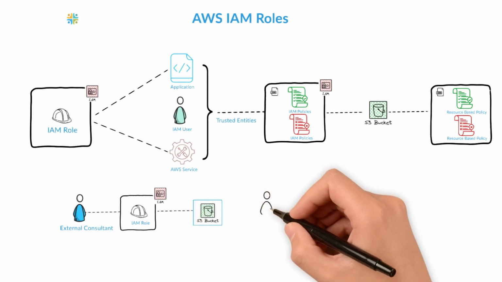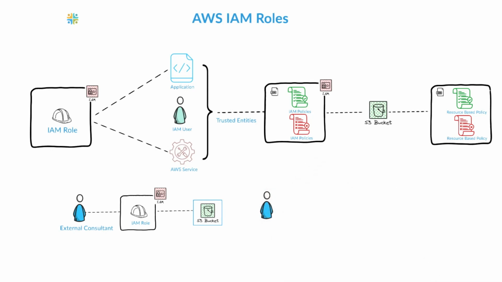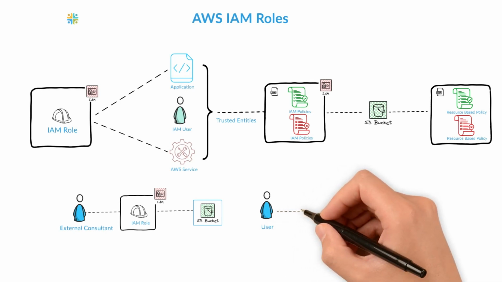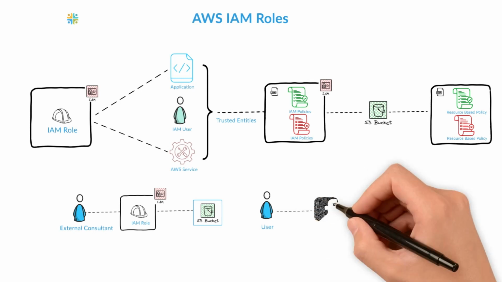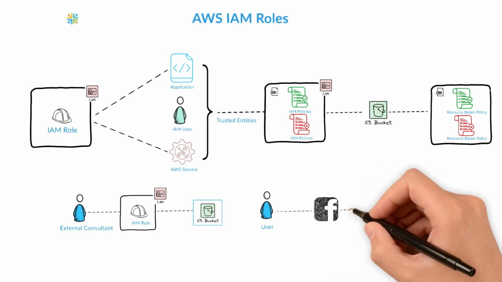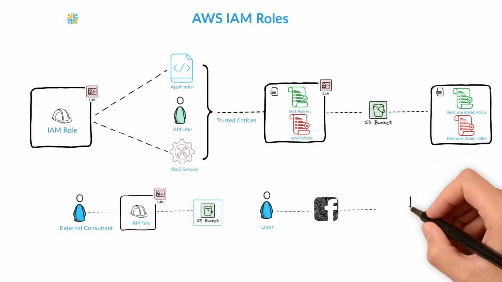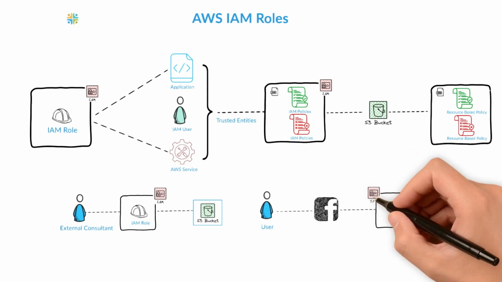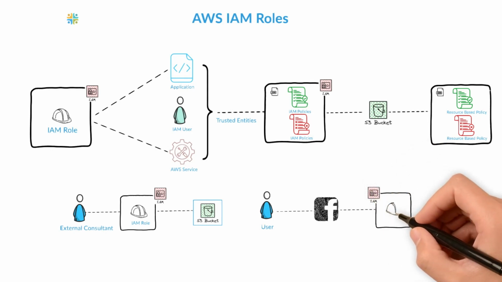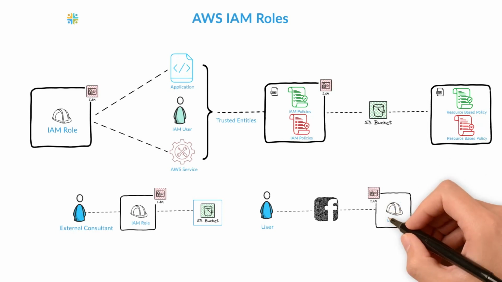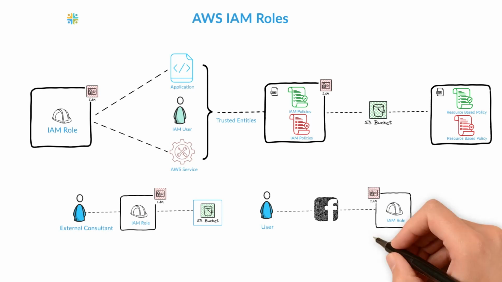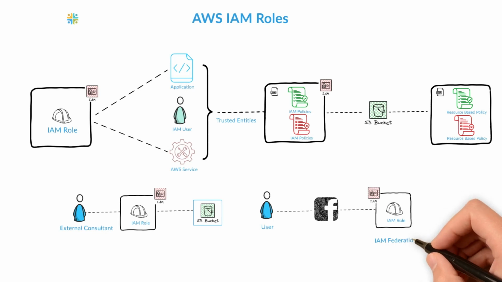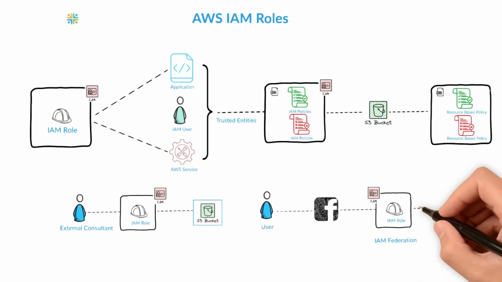Another example of this: let's say that you organize and provide permissions to your users via a third-party application, such as Facebook, and you don't want to recreate that in AWS IAM. You can create a trusted entity, an IAM role, and then create a trust between the IAM role entity and the third-party application. From there, you can provide permission via policies. This is called IAM Identity Federation. There's more to why companies would choose to manage users in this way, but that will be covered in the